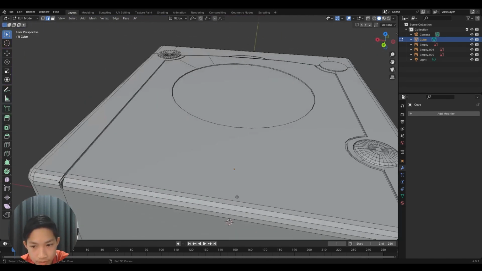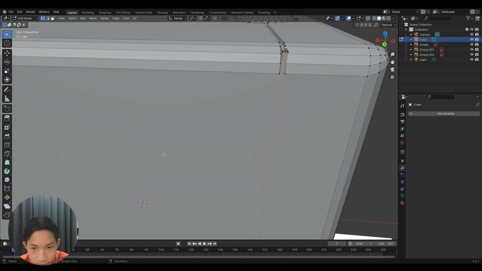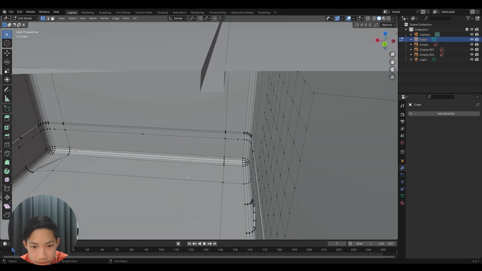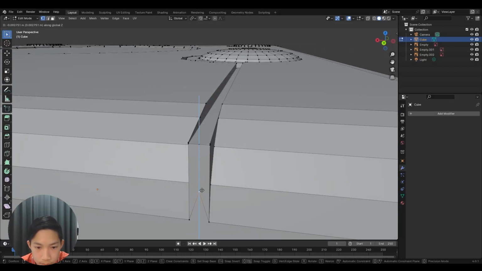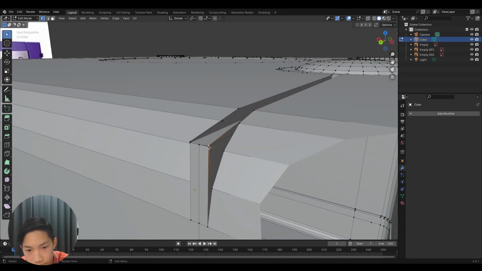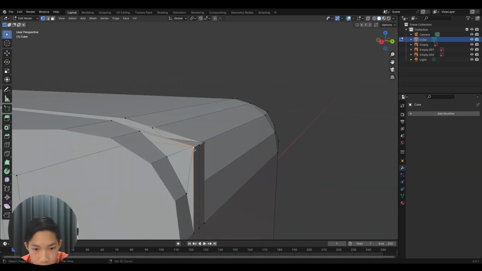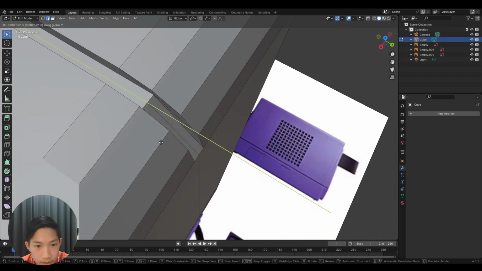So as you can see, we're going to bevel a thing like this now. And like I said, we're going to have a problem right there. This weird thing will happen. So to fix it, it's going to be a little bit complicated maybe. But you see this top pointy thing? You want to move it down to the bottom right here. This is where it connects. And there's going to be this weird thing. We're just going to merge it to the one on the bottom like this. So basically we can merge these two together,